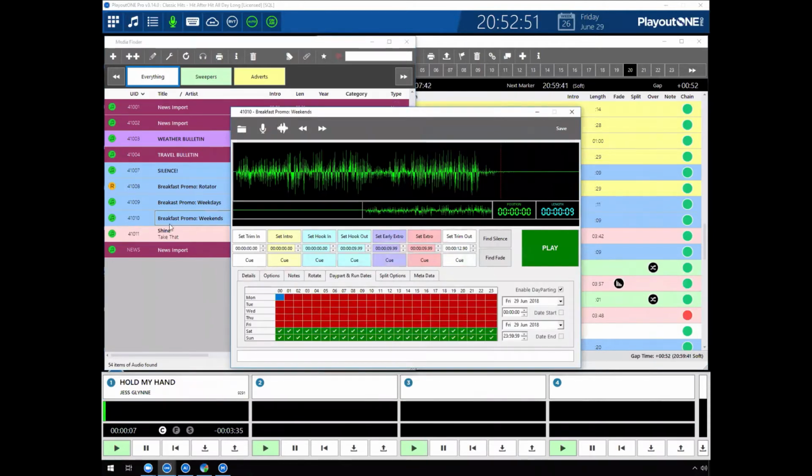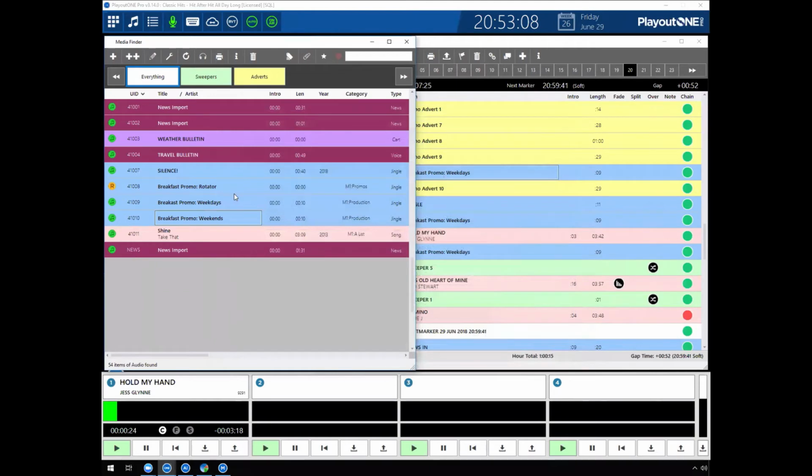Well, this will only work on a Saturday and a Sunday, not a Friday. So you can see how you can still have them in there, but day parted out. If I was to literally say, actually, you know what, let's just for the purposes of this tick all those and get that saved. So we should find now that when I drop this in to the log,